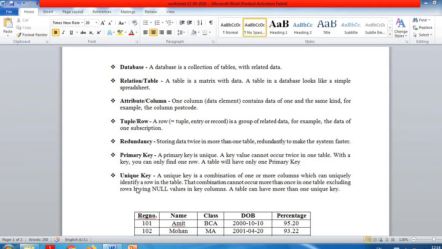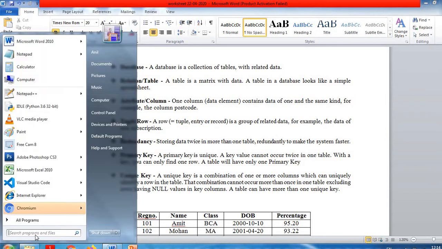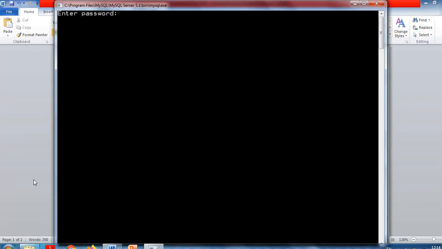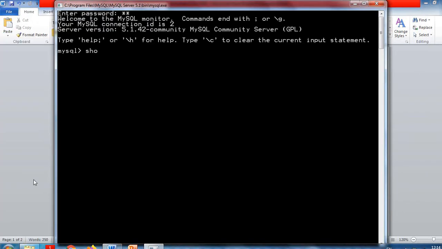First one is database. A database is a collection of tables with related data. It means if we are creating more than one table in a database, it is a database. Like in MySQL, lots of databases are available.